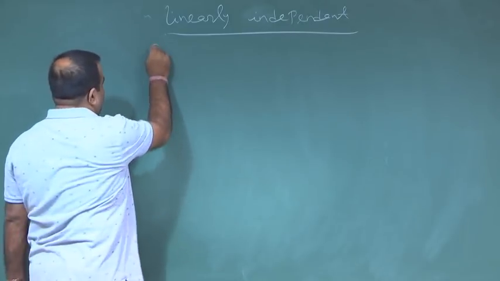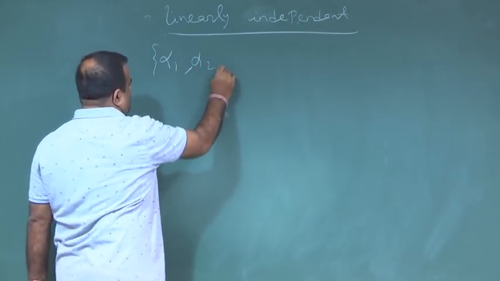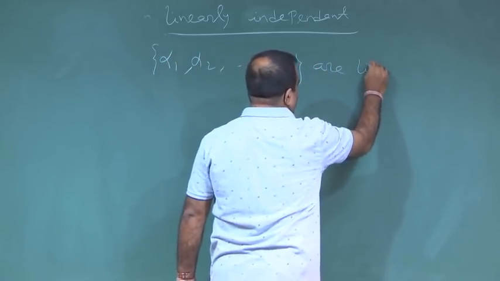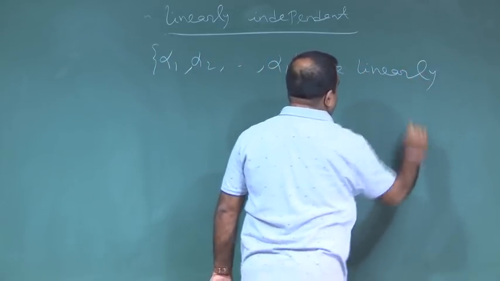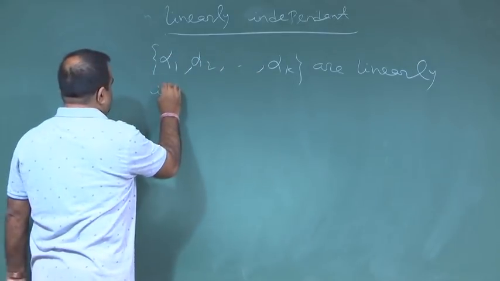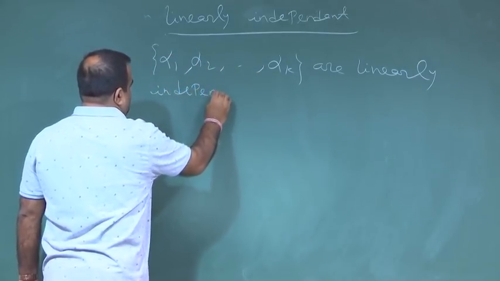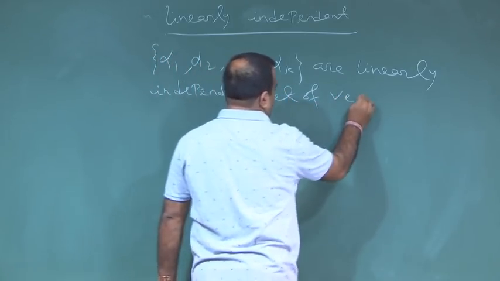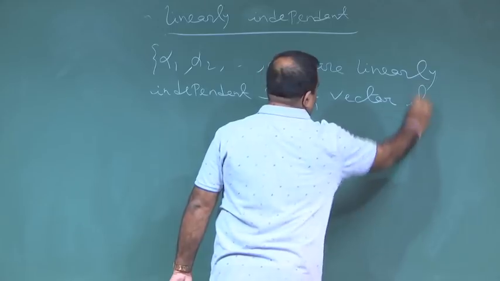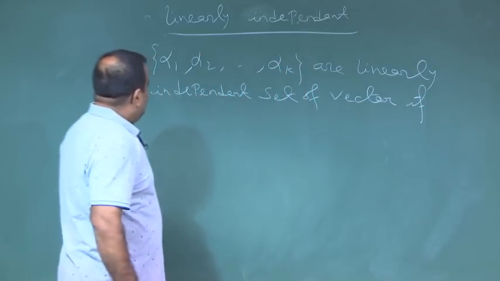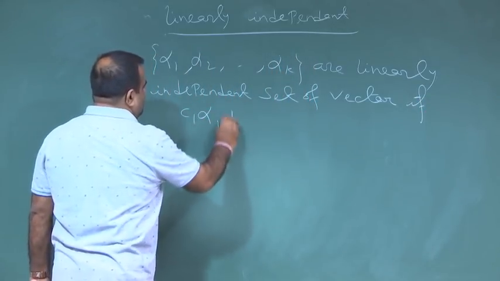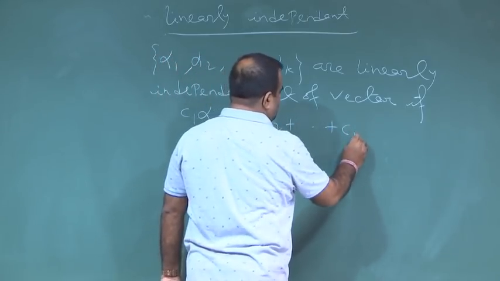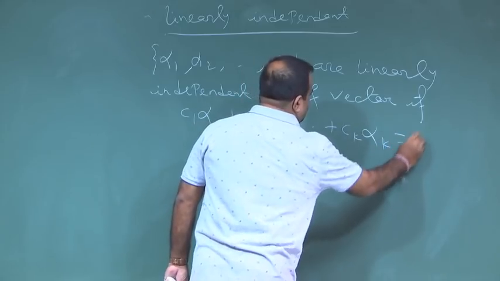We say this set alpha 1, alpha 2, alpha k is a linearly independent set of vectors if c 1 alpha 1 plus c 2 alpha 2 plus dot dot dot c k alpha k